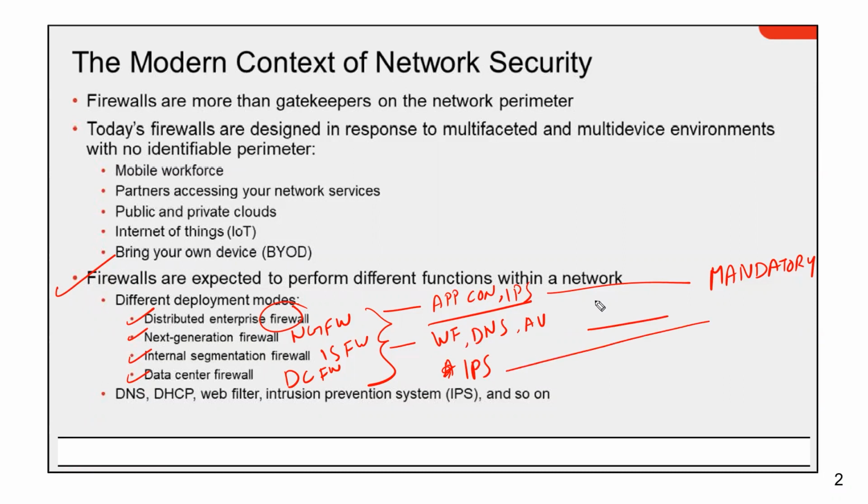Maybe a couple of years back we could think, let's implement an IPS or an IDS, but now it's mandatory, right? You need to have an IPS. You need to know what kind of traffic is coming to your data center, right? And with the ISFW, which is internal segmentation, whatever traffic is going out, if it is user traffic, you have to apply a web filter. You need to know what kind of